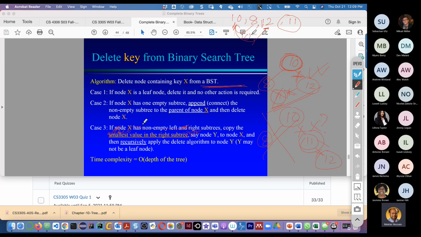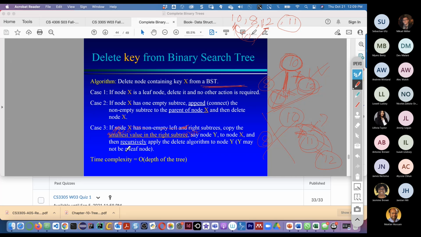For instance, in this case, 12: we want to delete 12 and it has one empty subtree, it has this subtree. What do you need to do? Connect this with the root and then delete it. Similarly, like this, connect this and then delete it.